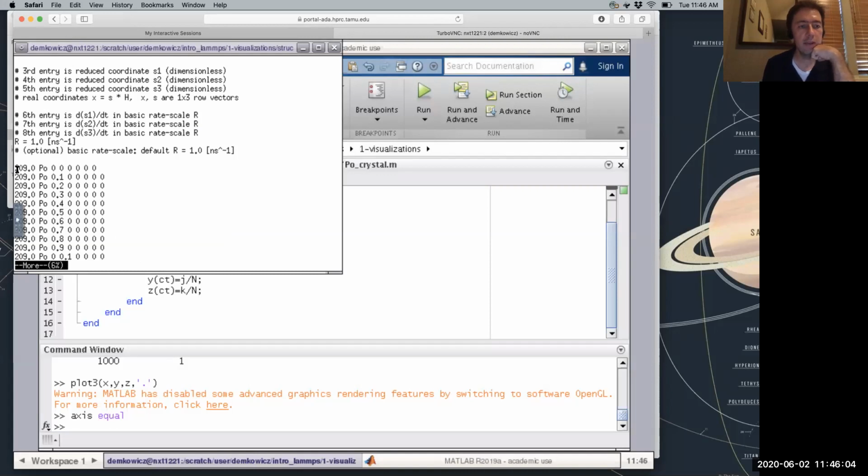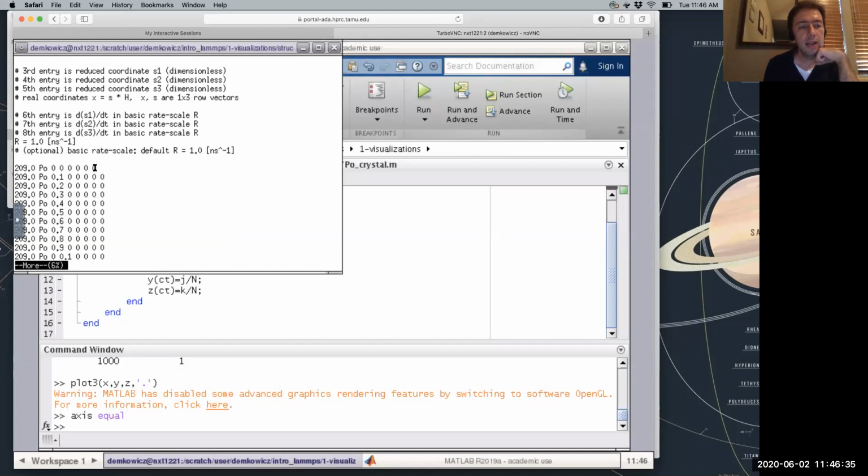In this format, I have 209 for the atomic mass of polonium. I've got the Po here. The first 3 zeros that you see here are the positions, right? So in this particular file, the first atom occurs at the origin. I could have done it this way too, but in my script, I put the first atom at 0.1, 0.1, 0.1 rather than the origin. That's okay. It doesn't actually matter because it's all under periodic boundaries, right? So I can shift this around.